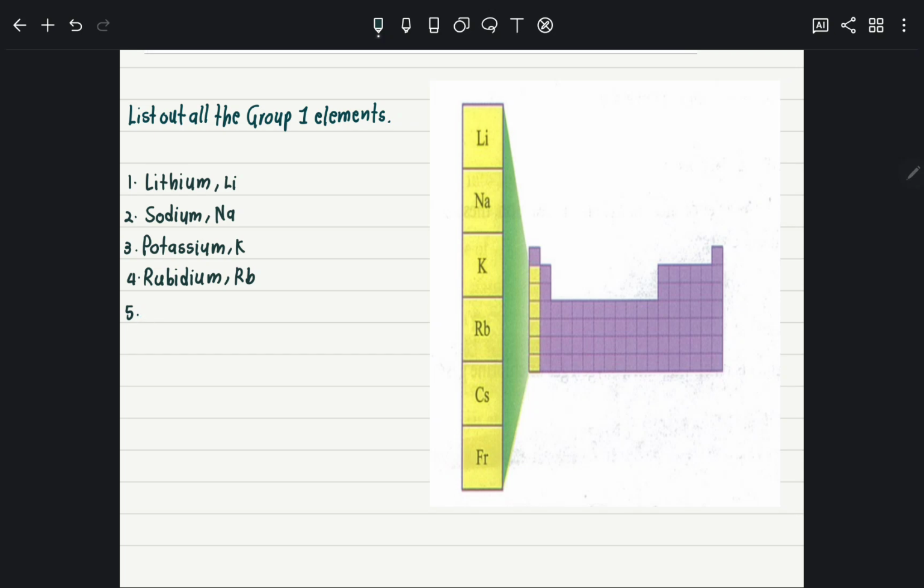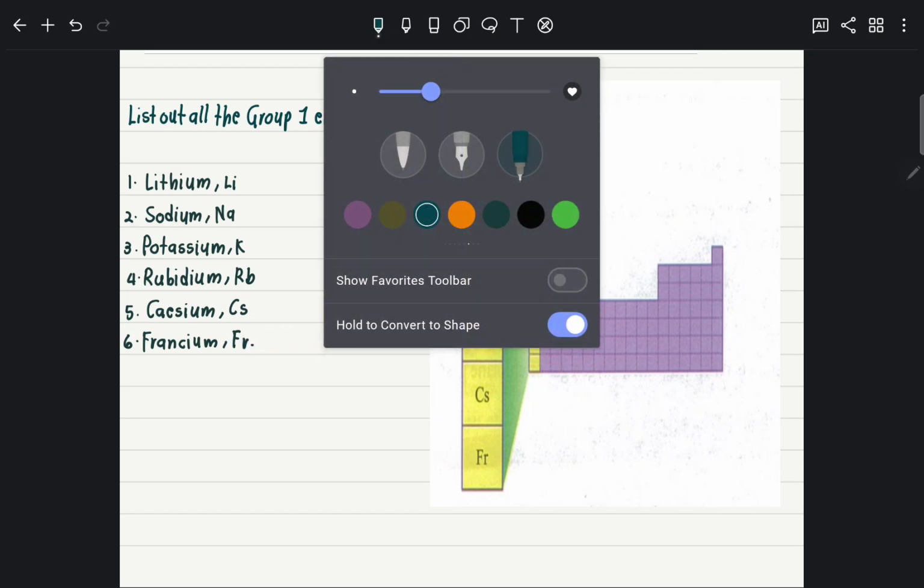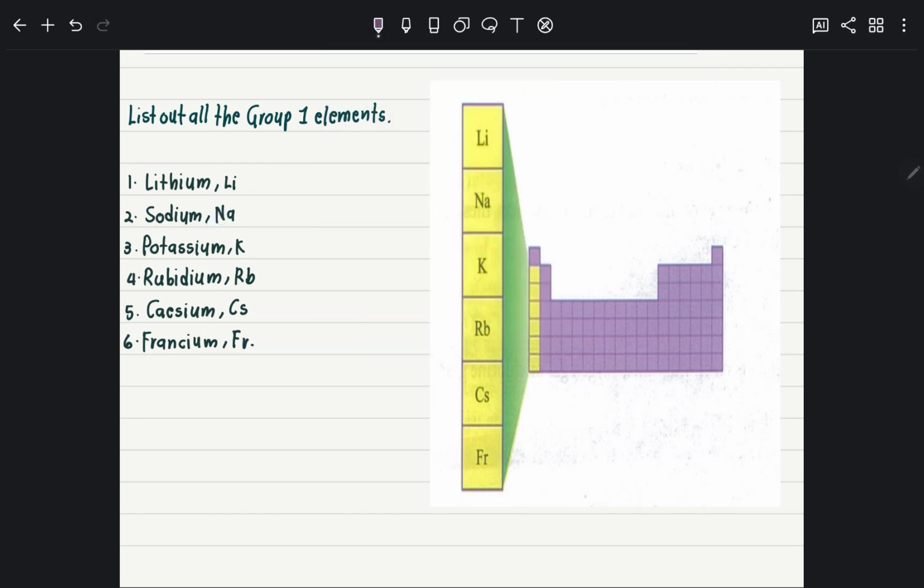Then you have cesium, Cs. And number 6, francium. Okay, this is the final one, Fr. Remember these are all the elements in this group, but you will only learn about